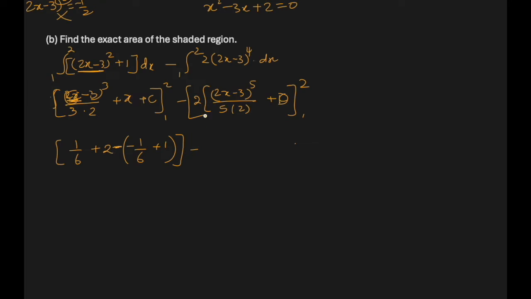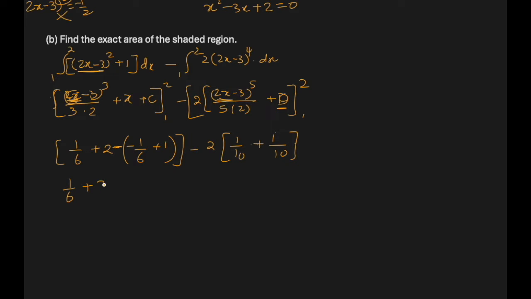Minus. And it will be 2 times, substitute 2 first. So 4 minus 3 is 1, again 1 over 10. And nothing else. Minus, if I substitute 1, it will become 2 times 1 is 2, again minus 1 to the power 5 is minus 1. So minus and minus will make it positive, 1 over 10. D is excluded again. Okay, so simplified, 1 over 6